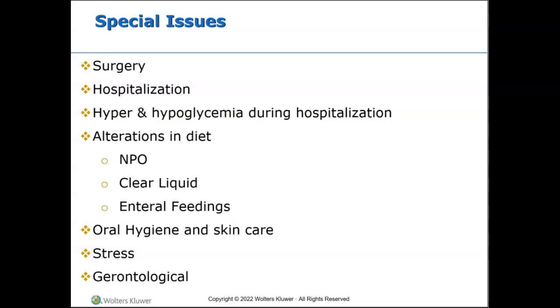About 25% of the hospitalized patients have diabetes. You will need to closely monitor their blood glucose levels and take the opportunity to assess their knowledge base of diabetes and provide further education as indicated. If able, promote them to actively take care of their diabetes while hospitalized, observe their self-care activities, and help teach